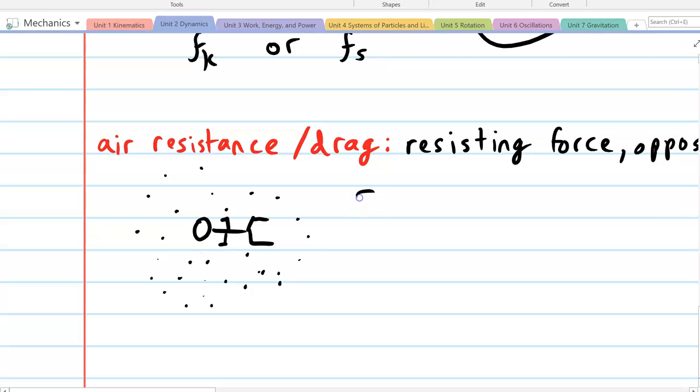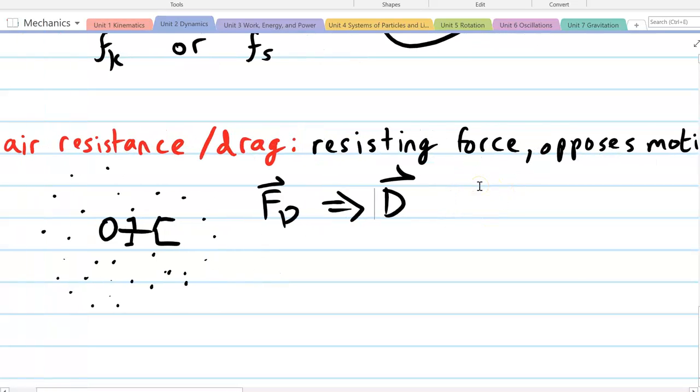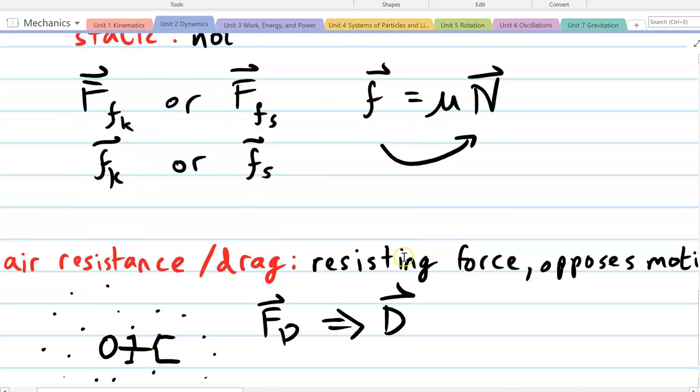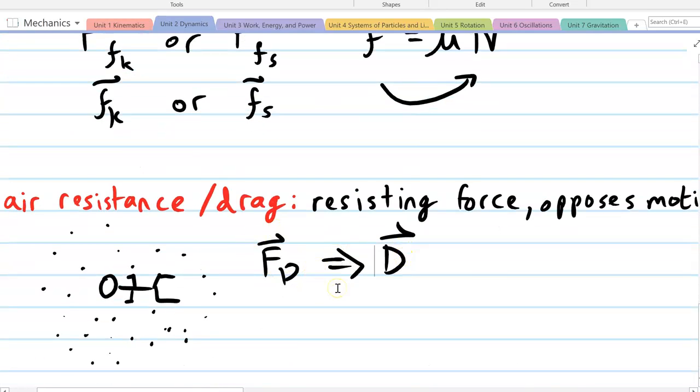The way they notate it is like this, and the way I notate it is like this. We're going to be talking about this again in a future video because this involves a lot of calculus, especially because the idea of a resisting force involves a lot of calculus, specifically this one. Friction not so much because we have a relation, but this one actually depends on several things. The idea is that the drag force depends on how fast you're going through it, so your velocity. It depends